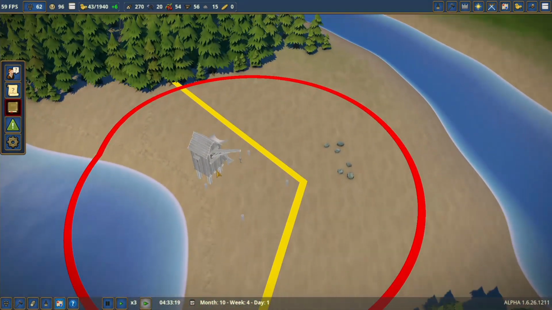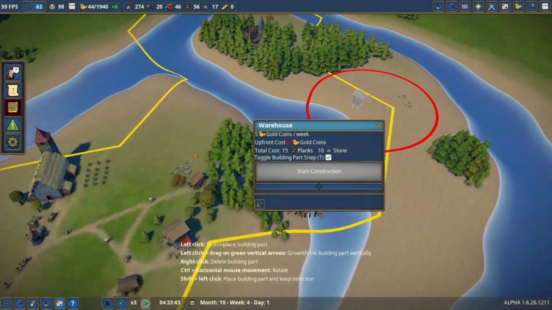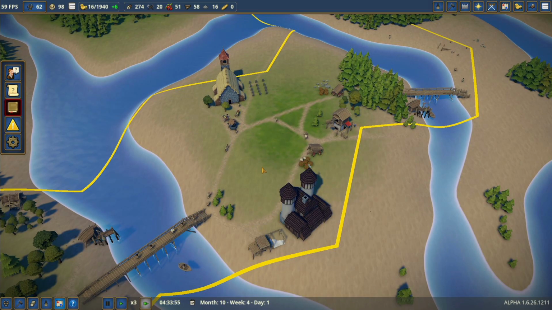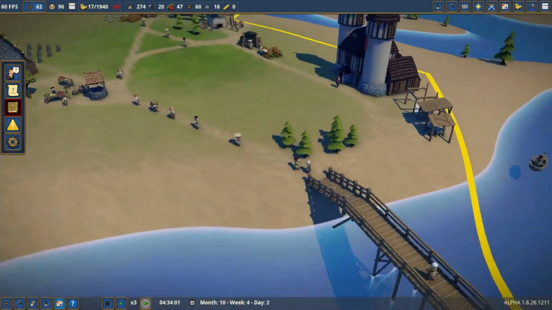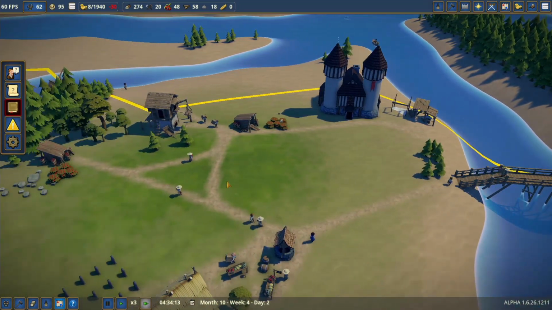I think we can be quite happy with that. 50 gold coins for the building of the warehouse. We don't have that yet. So, damn it. See what I mean? There we go. Leave it on the screen for long enough and we can get it removed, so to speak. Now,